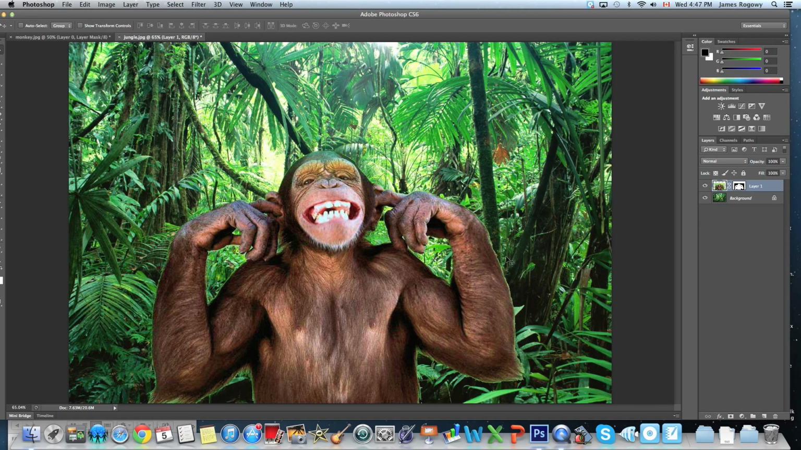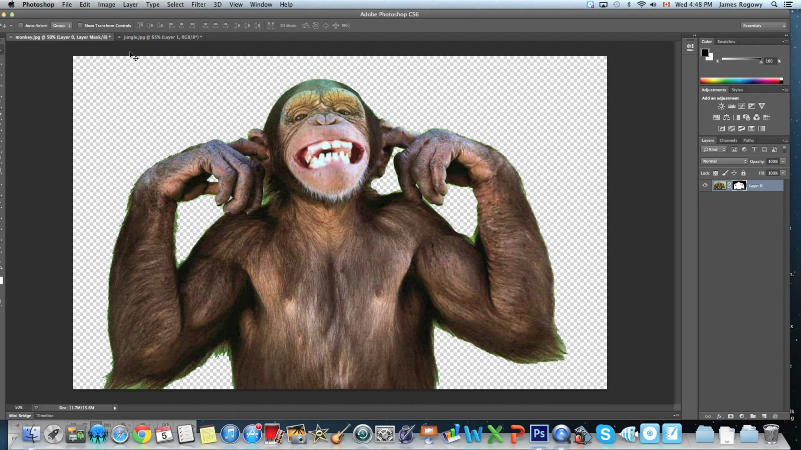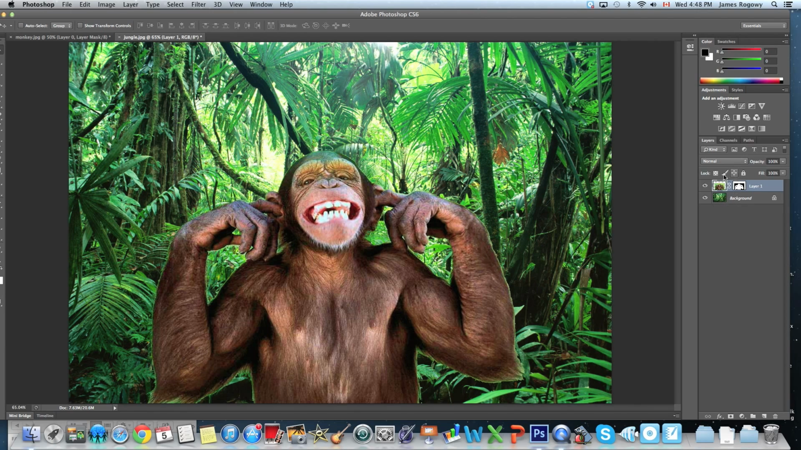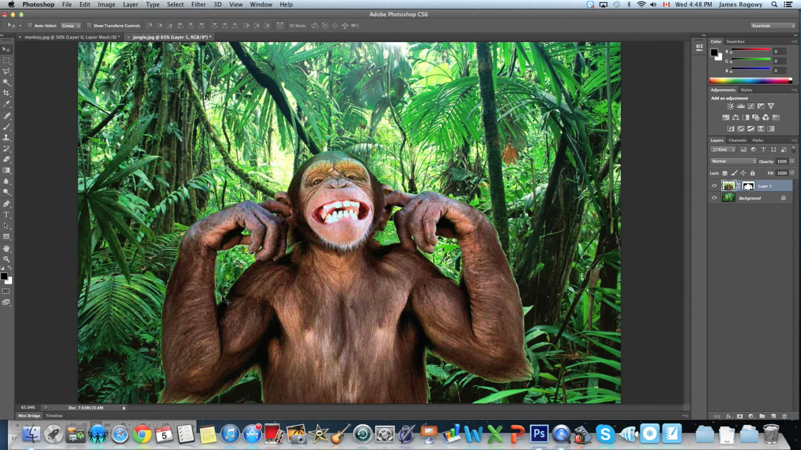Now the cool thing about layer masks is that even though I've taken this file from another file, brought it from the monkey file and put it into the jungle file, you'll notice that the mask we added to it still follows it along. So if we notice that the mask needs some adjustments around the edges, we can paint with black and eliminate the parts that look funny, the parts that look weird. And in the end, we can end up with a really realistic